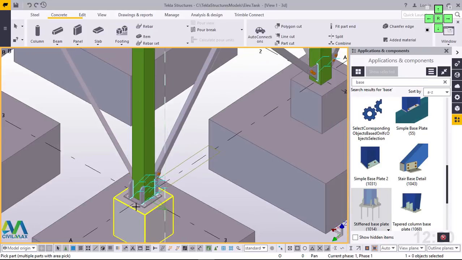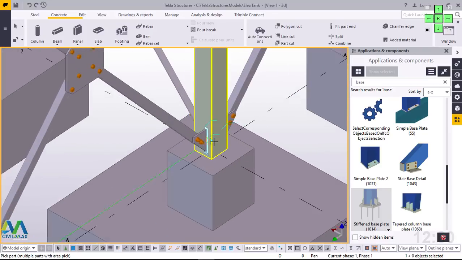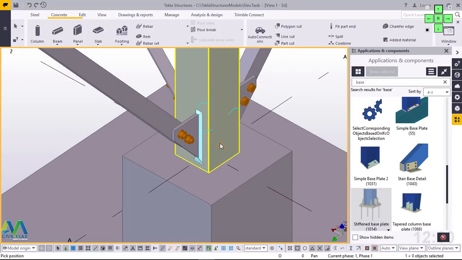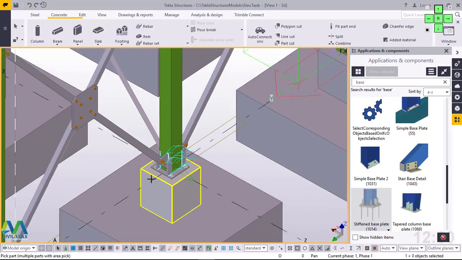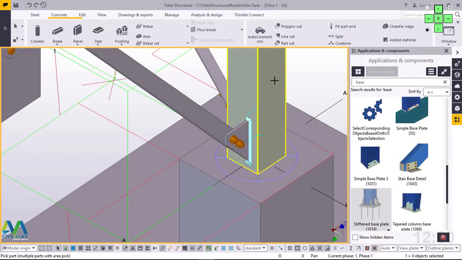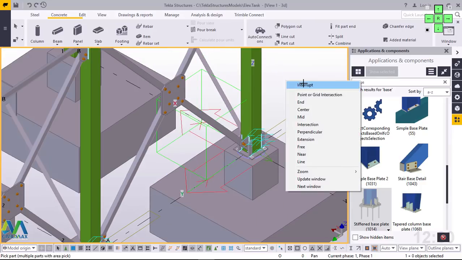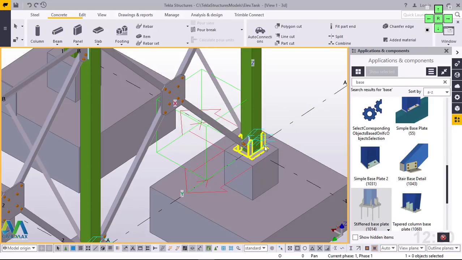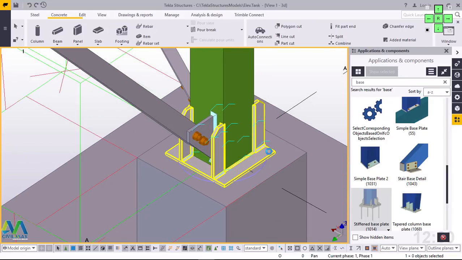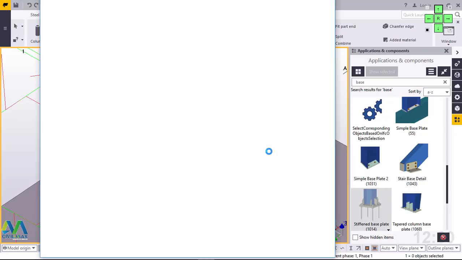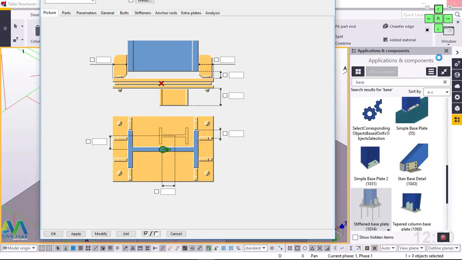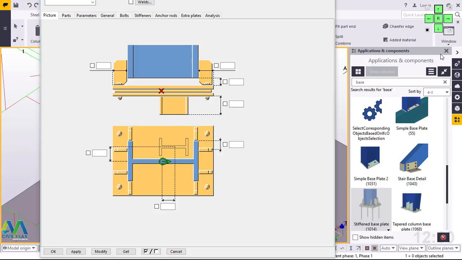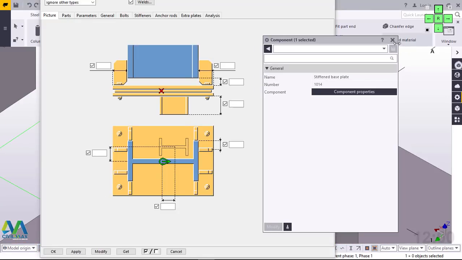I'll click on that and come here and do the same thing here and snap right there. And I'll do the same thing here, click on that and snap right down there. Now I'll right click and come to redraw and double click once again. We want to place a grout. I forgot to place the grouting. Now I'll close this because we are done with it. We close that, we'll close this,